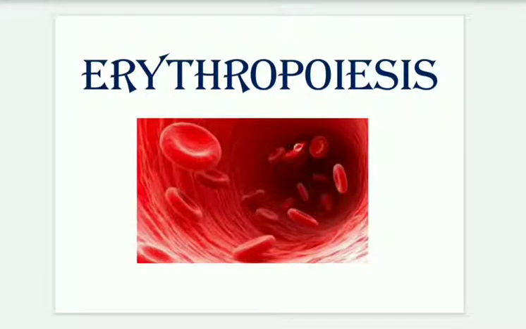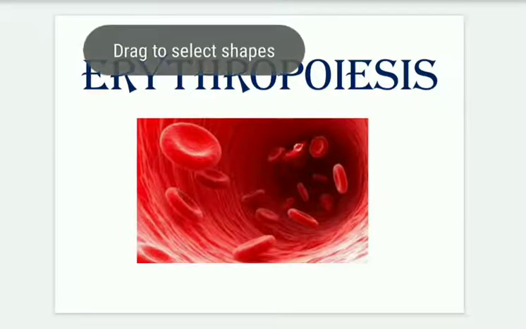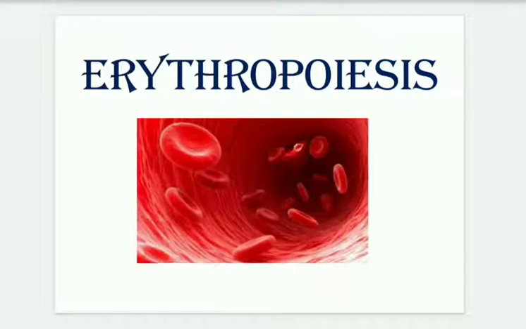Hello physios. Today we'll learn the topic of erythropoiesis, which you can write from an exam point of view. Only the bullet points I would like to tell you. First, the definition. The word in medical terms is very important. You should know erythropoiesis: erythro is nothing but red, and poiesis is nothing but formation. What are the blood cells, how are they formed, and what are the stages of forming the blood cells.